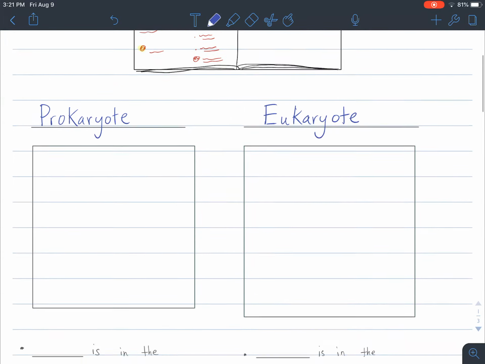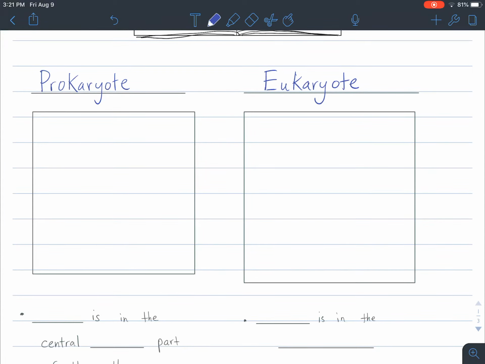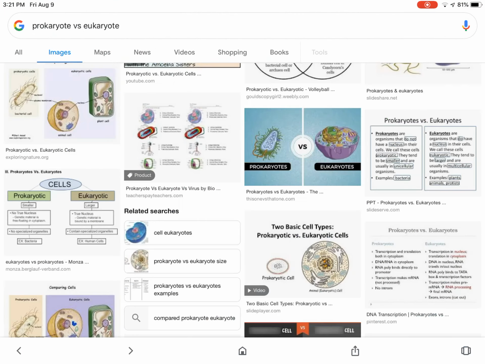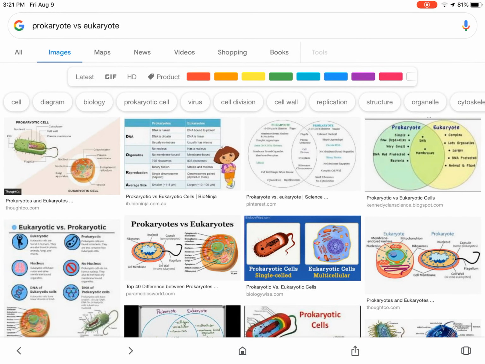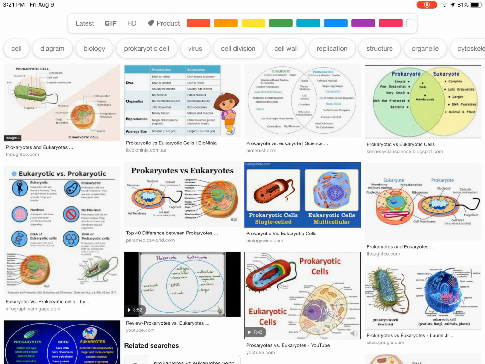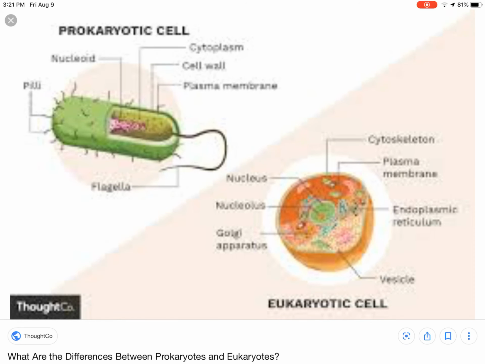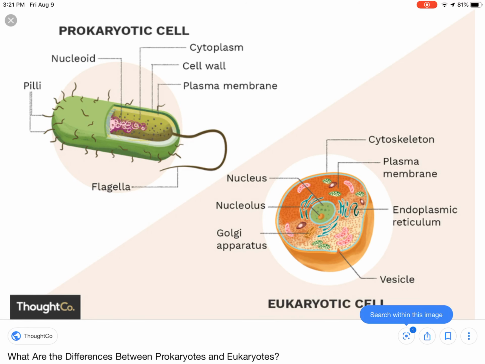Alright, now to really get started here, we need to draw a picture because a picture does a great job describing the differences between these two types of cells. So let's get some ideas here from Mr. Google. Google Images is going to show us, if we type in prokaryote versus eukaryote, lots of examples here. A lot of times these prokaryotic cells actually look like pills, and they have this little tail on them and all these little